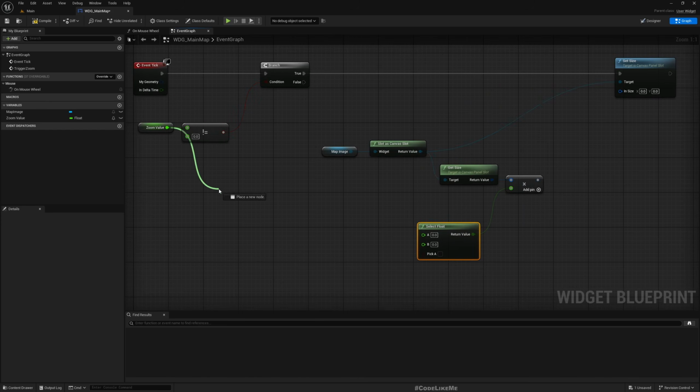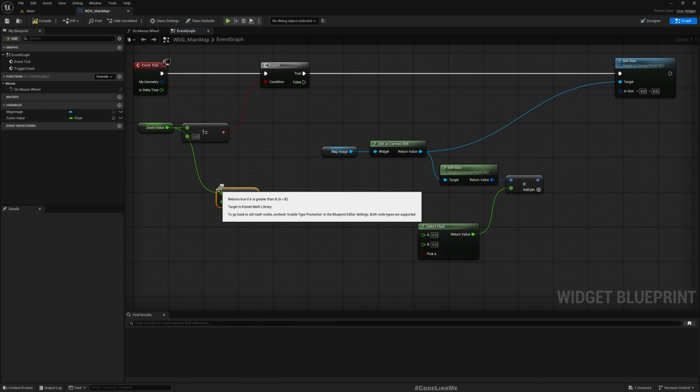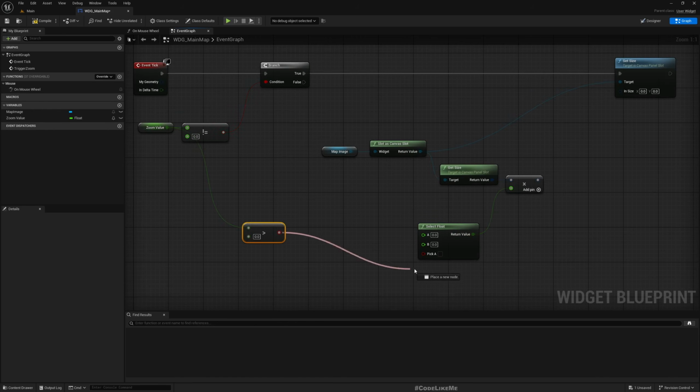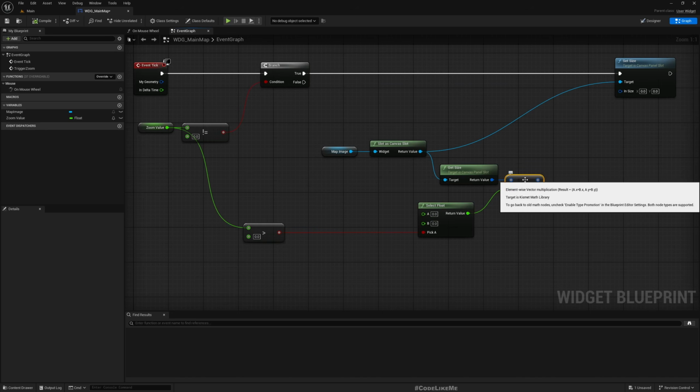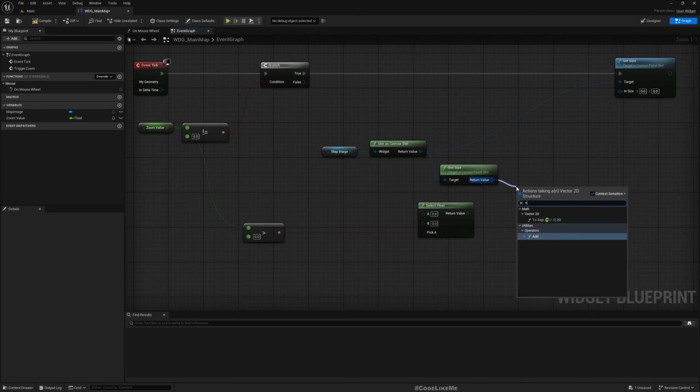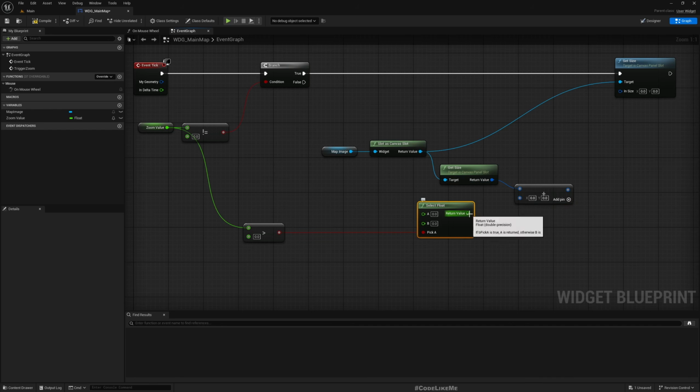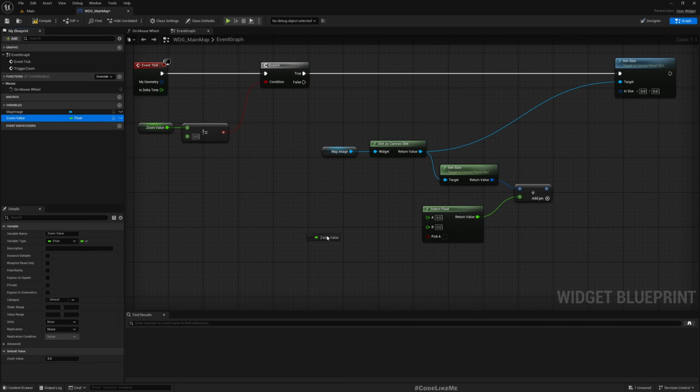So here I'll check if this is larger than 0. That means I need to zoom in, so I make this 1 point. Oh, wait, maybe not multiply. Let's do an addition. Okay, and we don't need this. We can get the zoom value